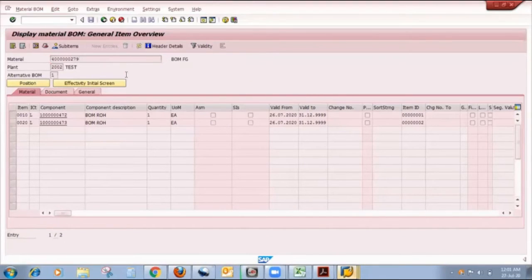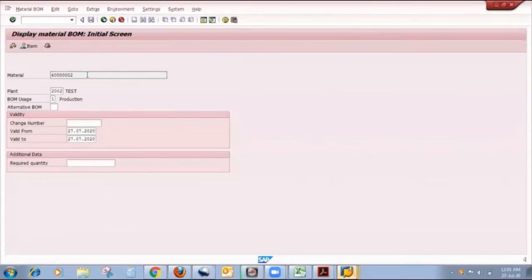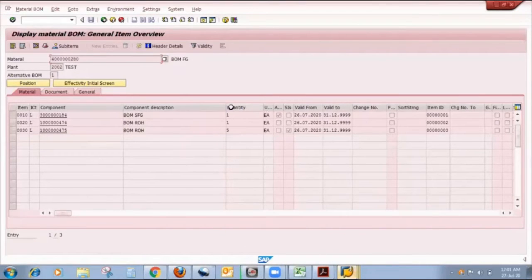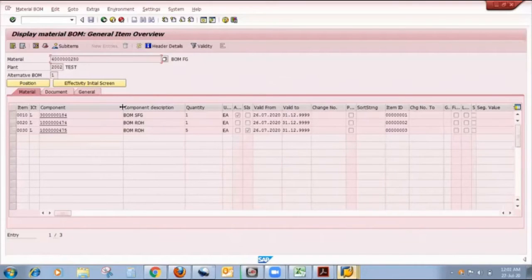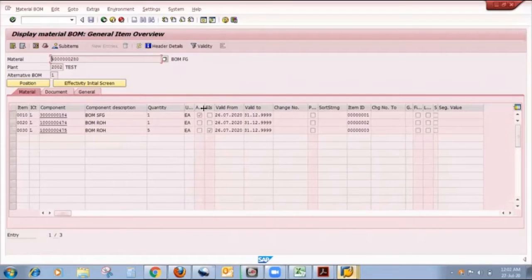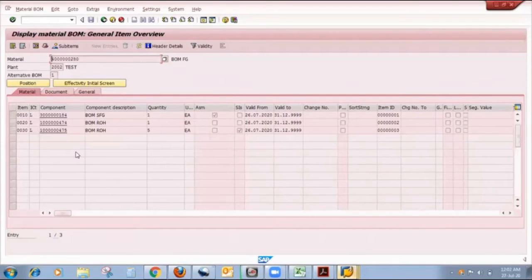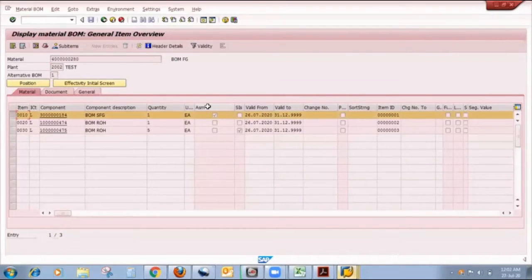But I will show you again one BOM which has a multi-level BOM, that is a second-level BOM. In this BOM you observe that for producing the final product, we require these three materials. But for producing this first material, we require again one BOM, that is an assembly.